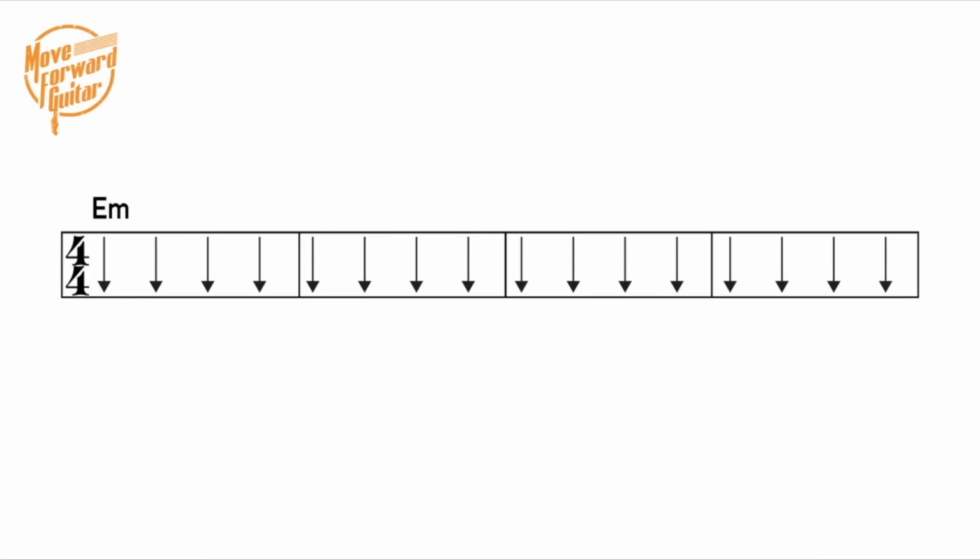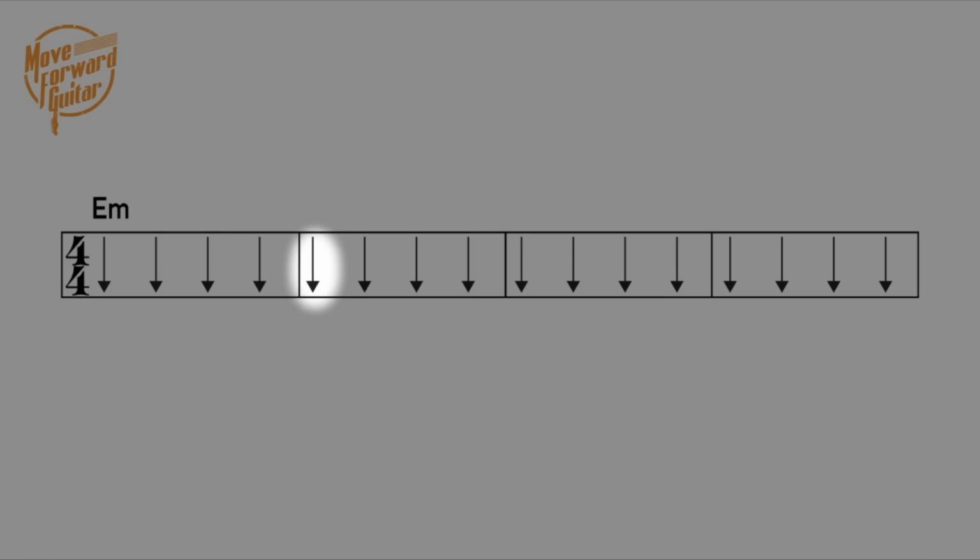And the important thing to understand is that you need to keep the quarter notes evenly spaced. And I'm going to talk more about this and actually explain how to do it with a metronome or a backing track. But for now, just realize that each of those strums is evenly spaced within the bar, and they're evenly spaced in between bars. So once I get to the 4th strum of the first bar, the spacing between the 4th strum of the first bar and the 1st strum of the second bar is the same spacing as all the